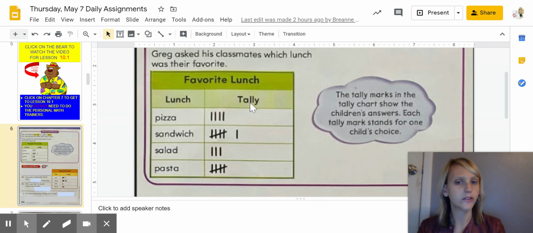On the other side over here, this is tally. This is where they keep your little tally marks, or your data. Each mark signifies someone's response. If we're looking at the data he has collected, Greg notices that 4 of his friends like pizza. 1, 2, 3, 4. He notices that 5, 6 of his friends